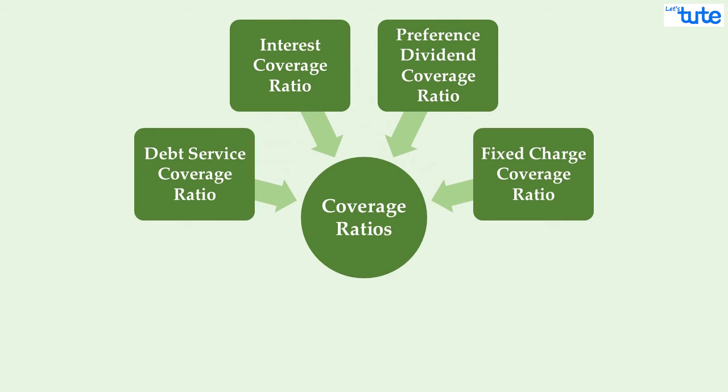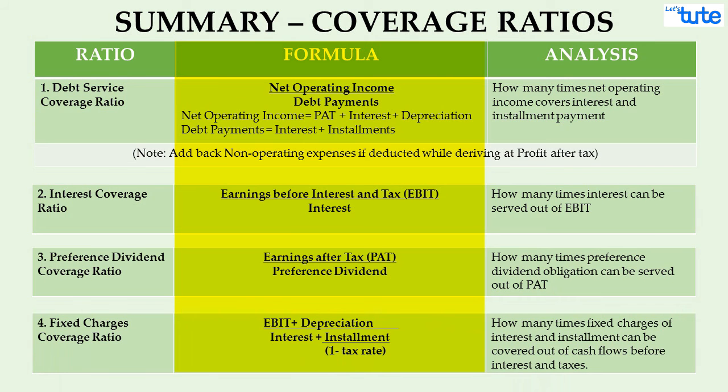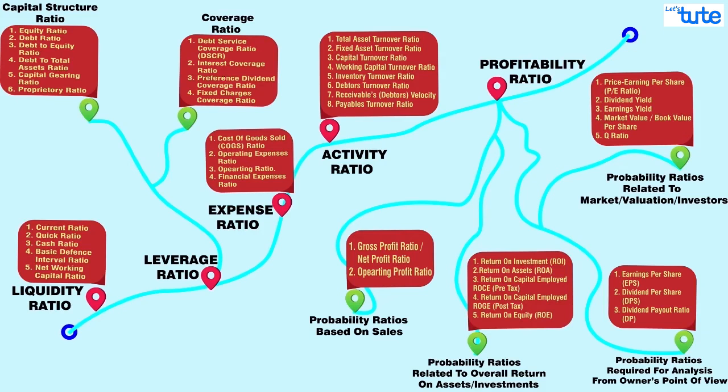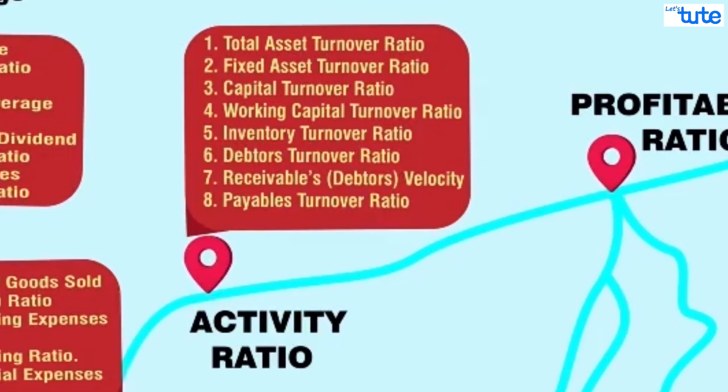So friends, this marks the end of the coverage ratios, and we hope that these all ratios are very clear to you all. Basic understanding and knowledge of income statement makes it very easy to calculate all the coverage ratios, where we need to know from which earnings which fixed charges are paid and how many times those charges are covered. Ratios like this serve as key metrics for analysts, investors and lenders to make better decisions. In the next session, we have yet another interesting category of ratios waiting for us, that is activity ratios. We shall learn more about them next time.